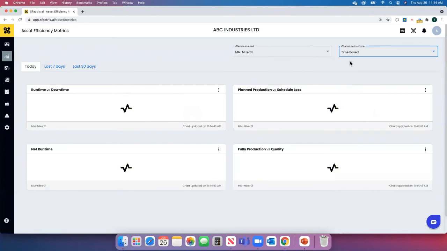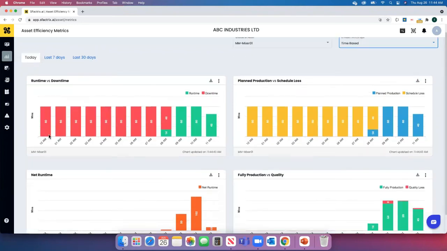Okay, so time-based metrics, where you can see here the machine was down. It doesn't matter whether it's a planned downtime or a faulty downtime. End of the day, it's a downtime. It's a production loss. So if you are looking at the optimization, you need to know how much my